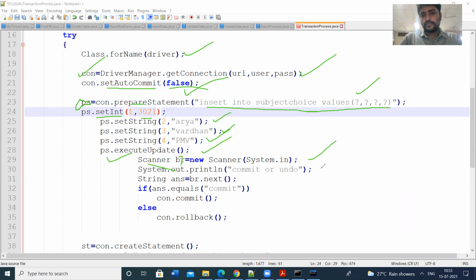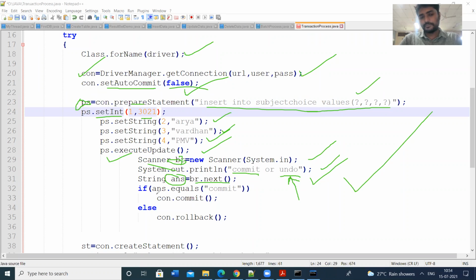Next, whether we have to perform commit or undo, commit or rollback. If you press commit, the transaction is committed. If you press undo, the transaction is rolled back. For this purpose, I am using BR.next, and whatever string you give is stored in the answer string.